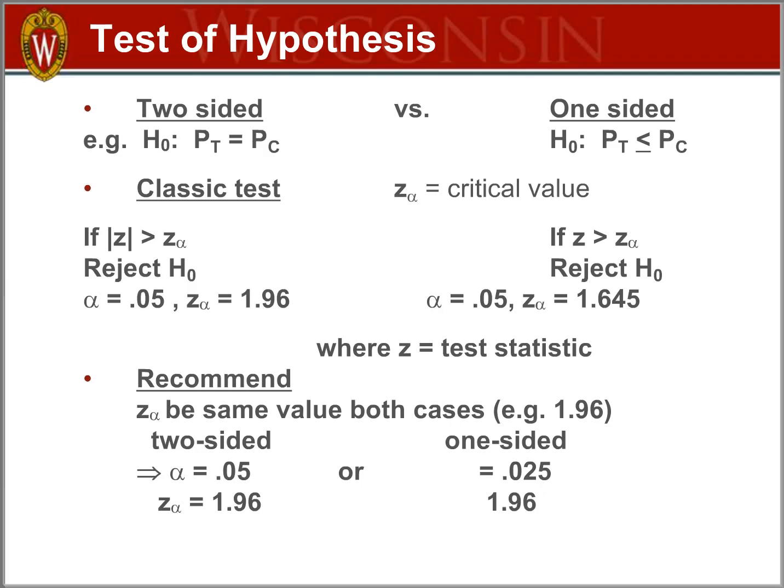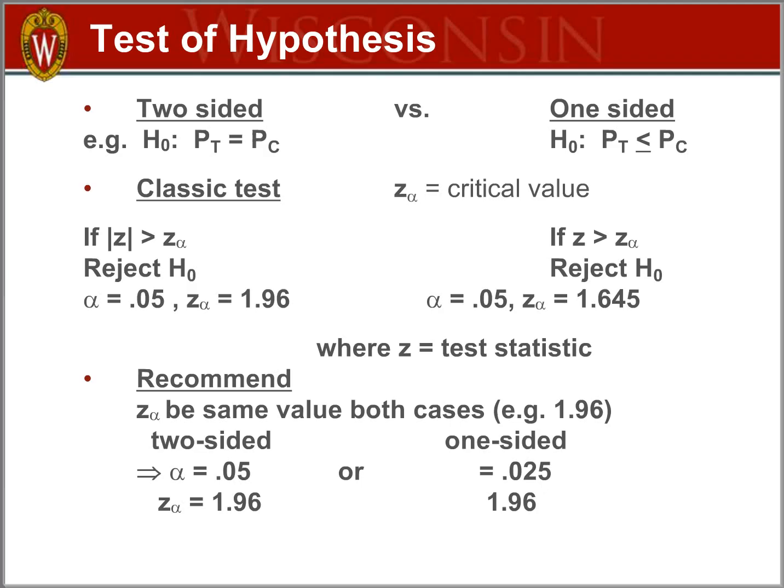So in the classic test, then, we are going to look at the absolute value of our test statistic and ask, is it bigger, in the absolute sense, than some critical value, which we've called z sub alpha? What's this z sub alpha? That's the value we will use to determine whether the test statistic is unusually high or unusually low, given that the null hypothesis of no difference is true. So if you want to take a 5% type 1 error or false positive rate, then that critical value, under the assumptions I've summarized, would be 1.96, or roughly 2 standard errors of difference in that test statistic. If that were true, we would reject the hypothesis of no difference and say there is some difference,